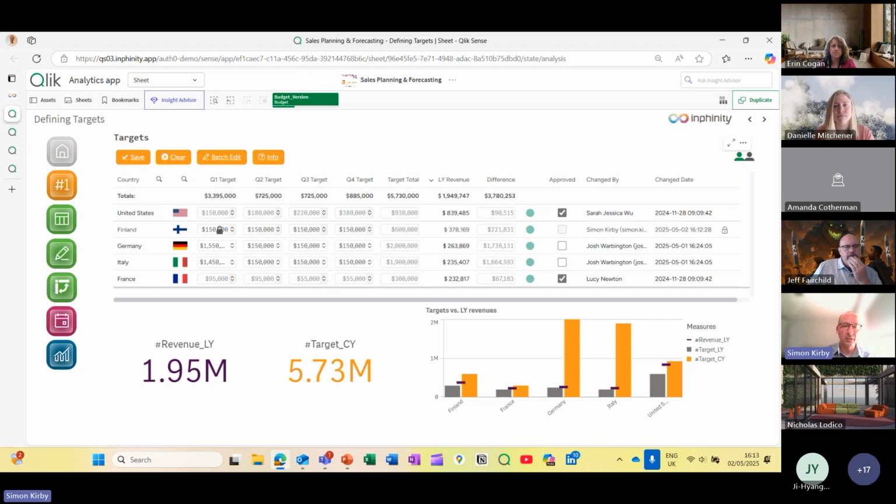And what you'll see now is that this value is locked because someone's made a change, all right? In fact, the whole row is locked. And we call that record level locking. So we're locking the Finland record, and you can't change it until it's actually saved. And this is a really important thing when you want multiple people to work together and collaborate on a form at the same time, right?